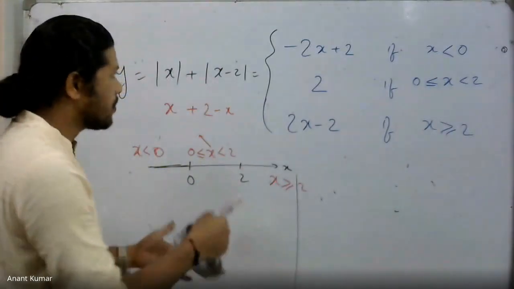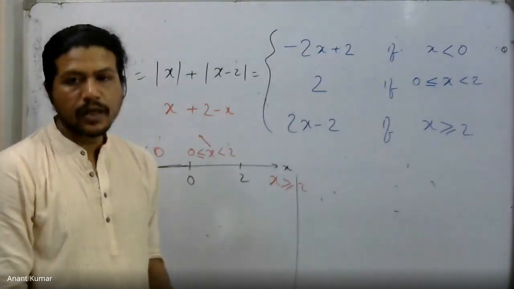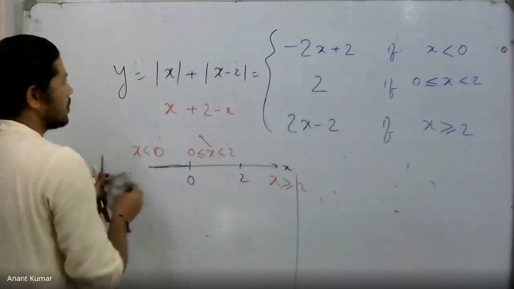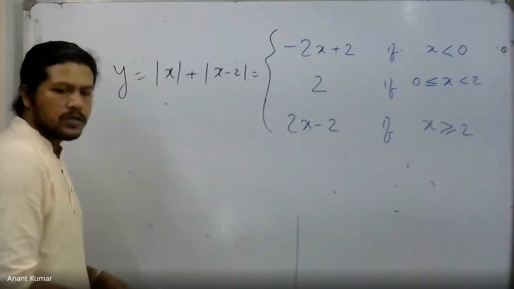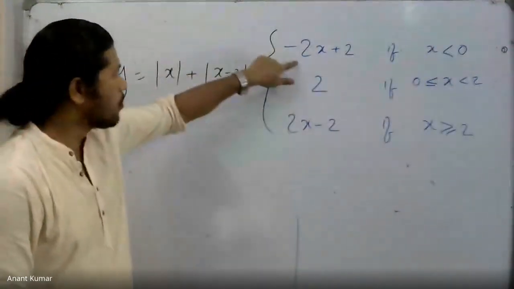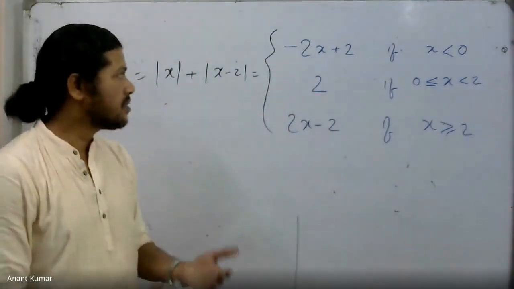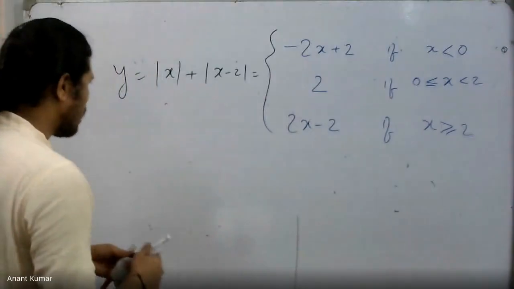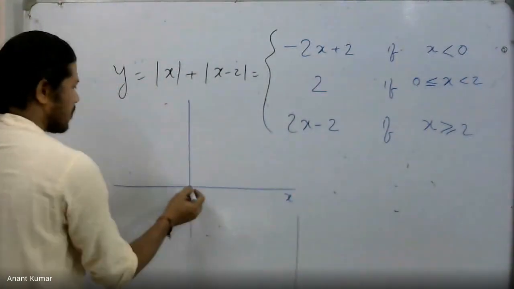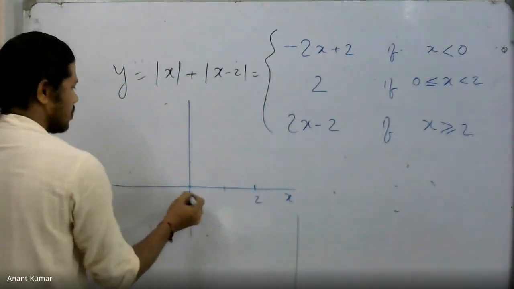So these are the 3 pieces that we have got. Now you can draw the graph, because in each sub part of the real line, each equation is going to be a straight line. For x lying below 0, x negative, to the left of the y-axis, we have y equal to minus 2x plus 2. So we have y equals mx plus c kind of thing. Slope is minus 2, the intercept is plus 2. So you can draw the graph now. The breakpoints are 0 and 2. These are the important points in this case.